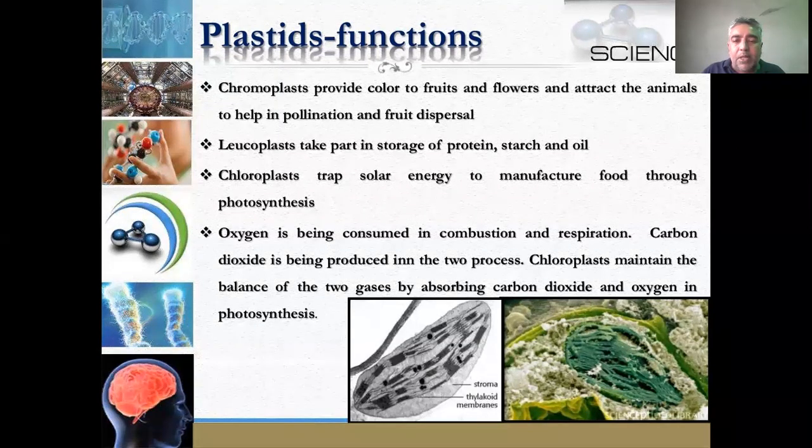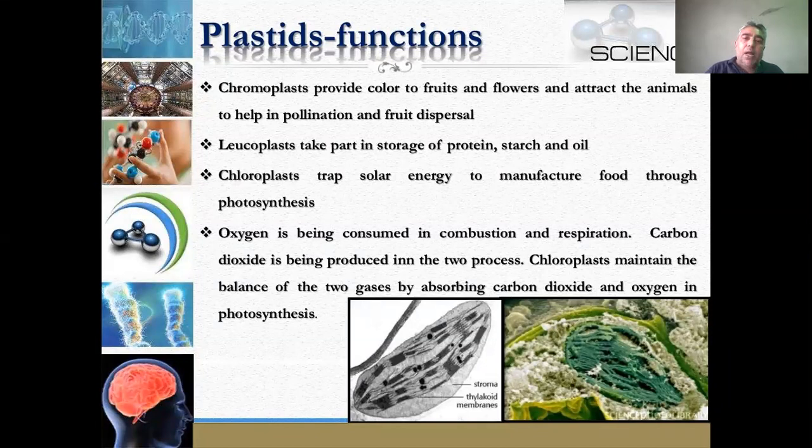Chloroplast traps solar energy to manufacture food through photosynthesis. Oxygen is being consumed in combustion and respiration. Carbon dioxide is being produced in the two processes. Chloroplast maintains the balance of the two gases by absorbing carbon dioxide and releasing oxygen in the